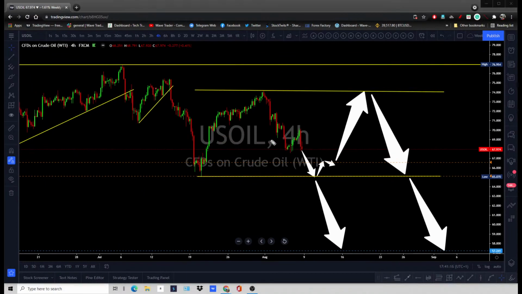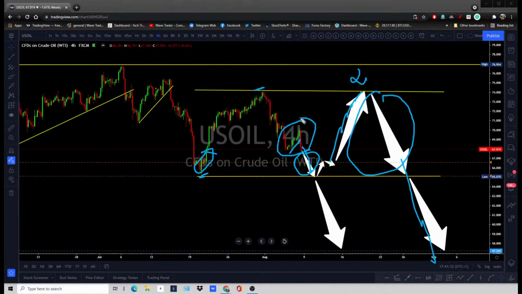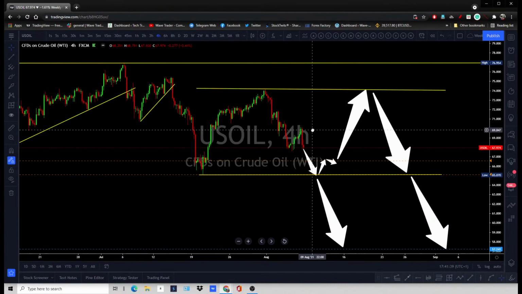On the lower time frame, as I said, this move is to complete back to that low, and if it bounces off like it has done previously, then it goes back up for a short to medium term buy back to that top, price struggles over there, and then again falls back. This is the 4-hour time frame, so it is going to take some time. This formation is going to take some time.